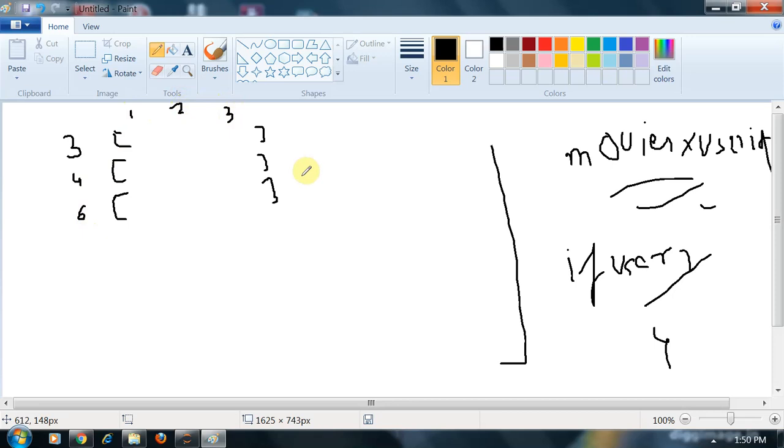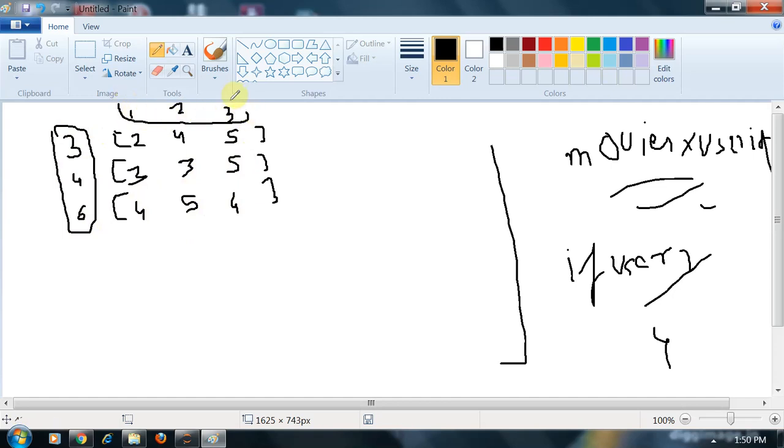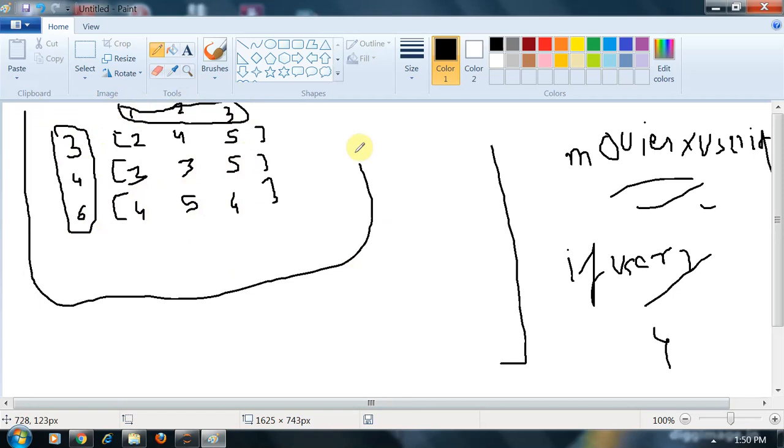Our sparse matrix has the values of rating. Suppose here is 2, 4, 5, 3, 3, 5, 4, 5, 4. This is my movie ID, this is my user ID, and this is the rating. This is my full sparse matrix.